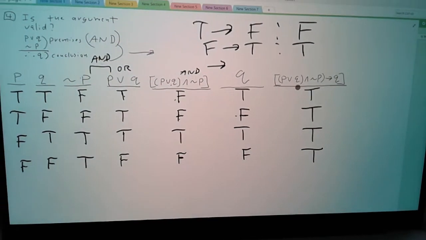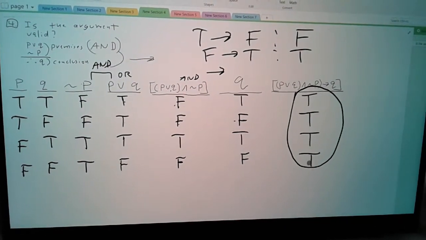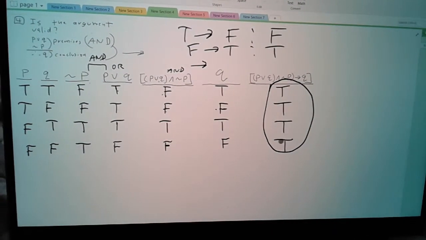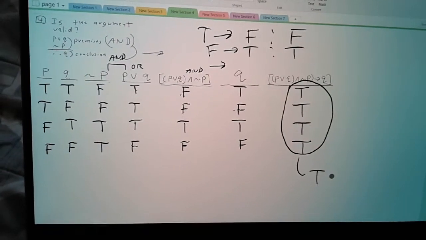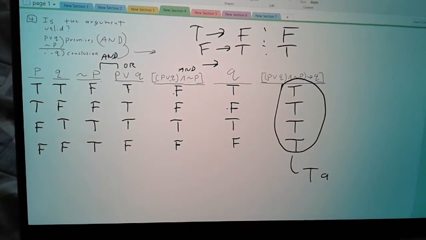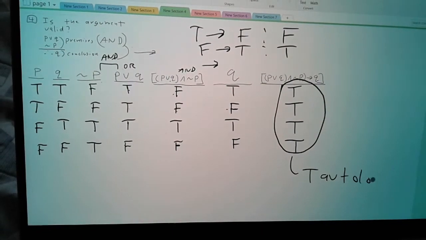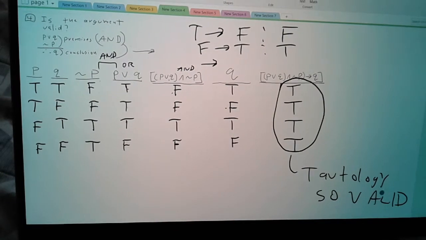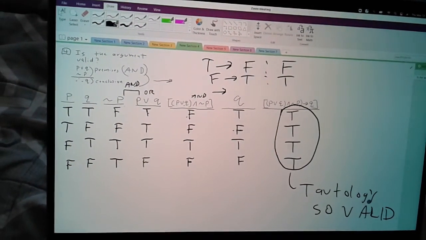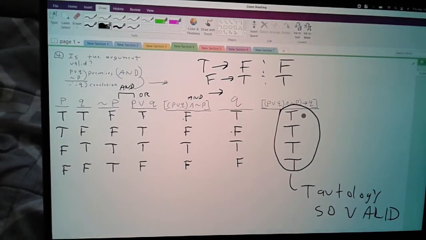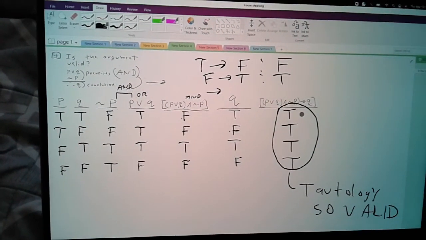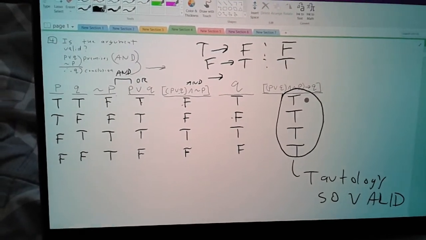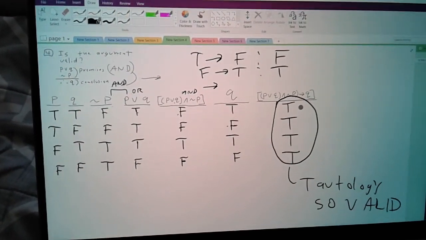So we get a tautology, right? This gives us a tautology, meaning that it is valid. They all have to be true in order for the argument to be valid. So that argument is valid. Yes, it's valid. All it takes is, if at least one of them is false, then the whole thing is busted. It would be invalid. But not in this case. Okay, so that's